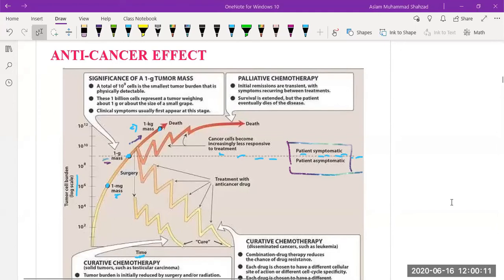Then if you see what has been written, number one, they're talking about a total of 10 raised to the power 9 cells being the smallest tumor burden that is physically detectable. That is what I'm talking about: at the level of 1 gram of mass, or we can express it as 10 raised to the power 9 cells, because we're not only talking about mass but about tumor cell burden on a log scale, which is 10 to the power 9. This is very important, because detecting below that is not possible. The patient does not have symptoms, and when symptoms appear after that scale, there is very little time